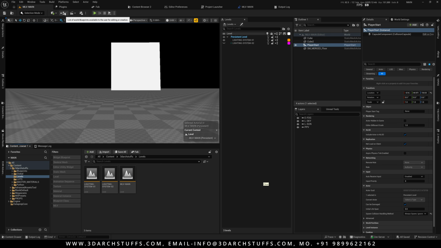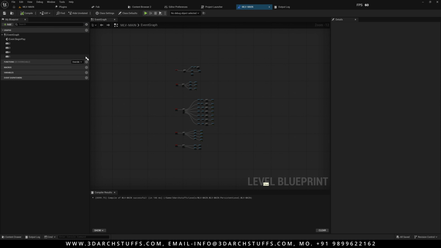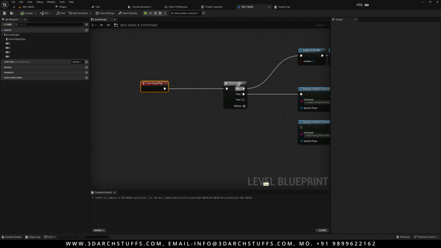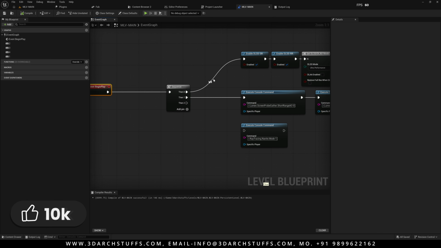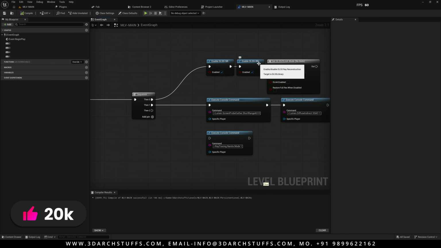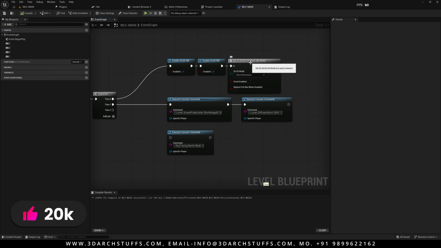Then we'll go to our level blueprint, and here you see event begin play. I have given a sequence, and on the sequence it's enable DLSS SR, enable DLSS RR, and then ultra performance. So out of the box, if someone has an RTX 20 series or any graphic card, DLSS will kick in with ultra performance, so that at the start of the project someone has the maximum performance with maximum quality,